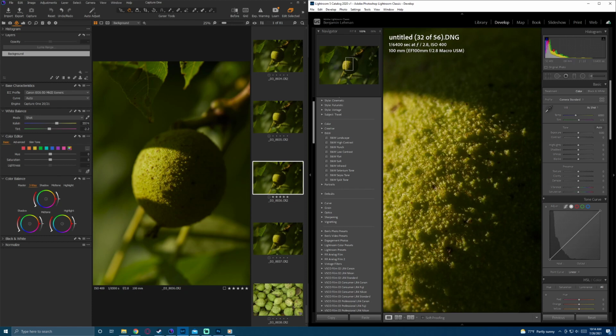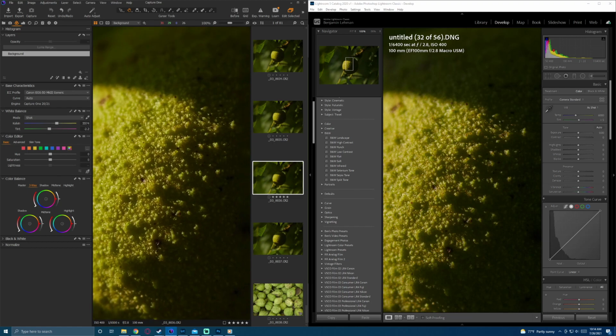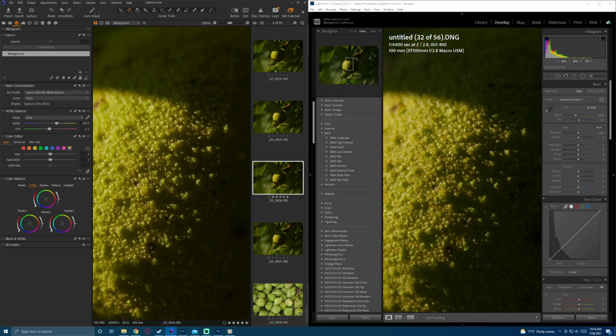If we zoom in a little bit on both of these, you'll see they've got approximately the same level of detail. They're handling everything really nice. But, oh, this is crazy. And we'll hold off for a second. Let's just look. The way that Capture One and Lightroom handle their highlights, you can see, even though Lightroom is still a little bit more green, and you're going to get a lot of that from the shadows, the highlights are really close now. The highlights are really close. And the one thing I just wanted to add is that